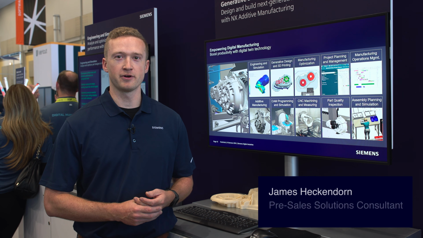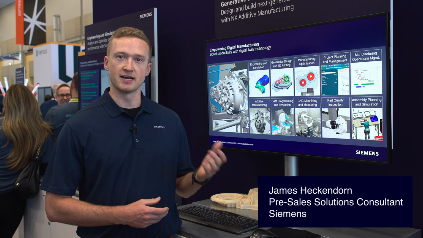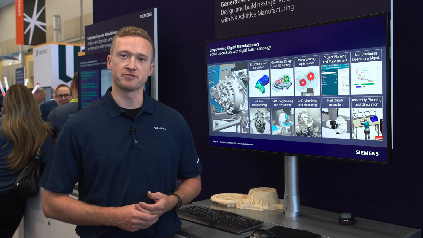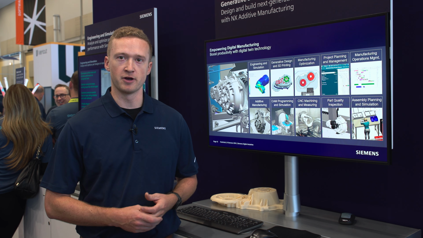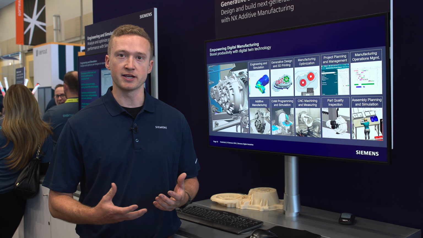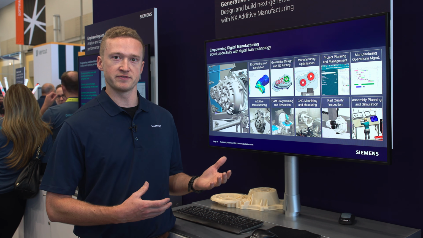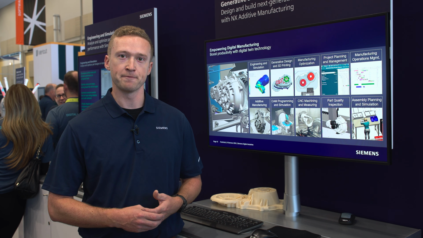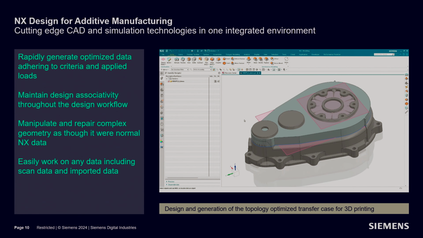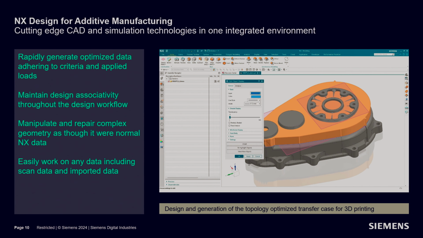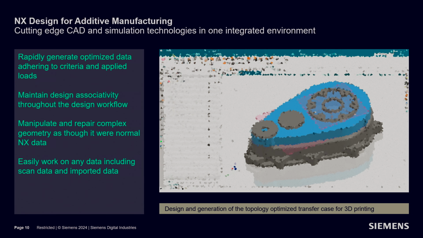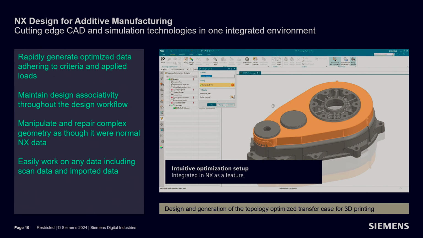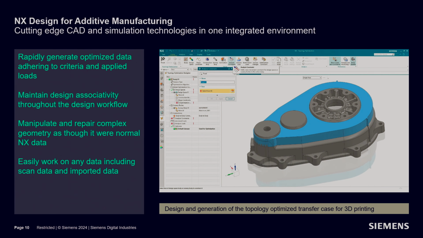My name is James Heckendorn. I'm going to be taking you through the design and build simulation side of things today. Once we get our data from engineering and we've validated our analysis, we'll move into the generative design and design for additive portion of the workflow. At this stage, we've got our part design data and we're going to move into utilizing topology optimization to allow the computer to inform us on the best design based on our loading conditions, our design space, and what our part is going to experience.